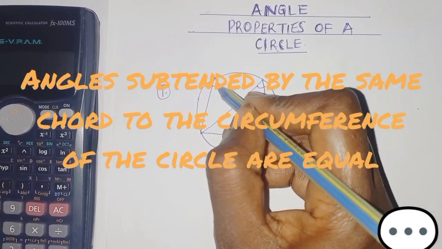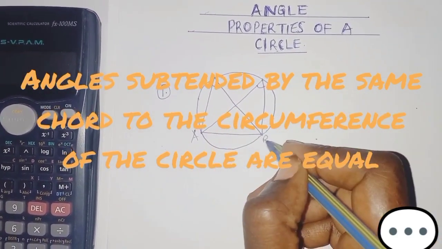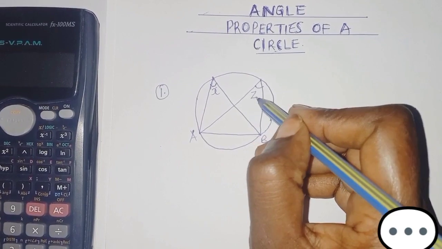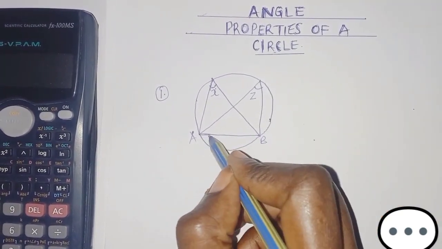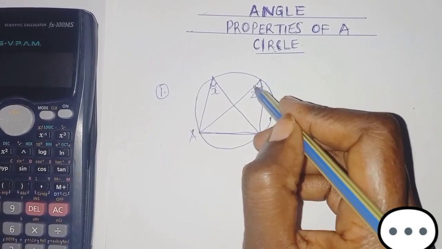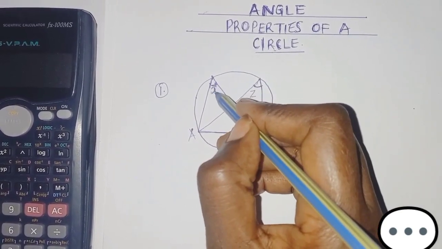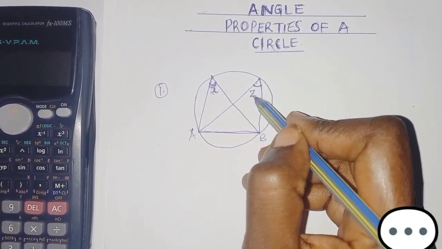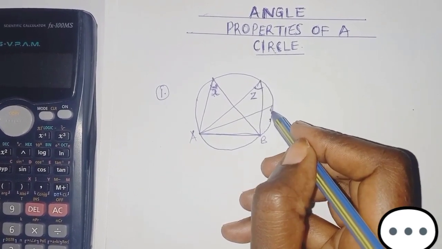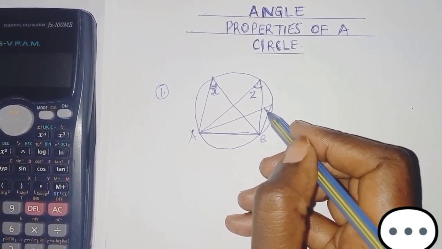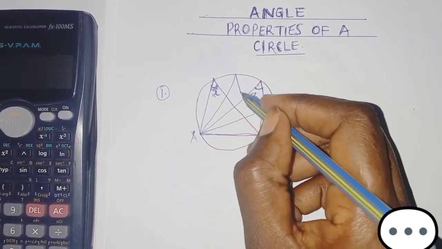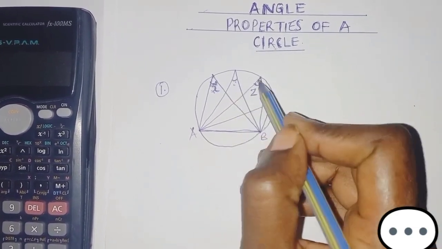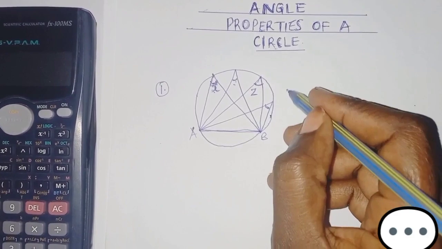Like in this diagram here, you have this chord AB that is subtending this angle, let's call this angle X, and this angle Z. So this chord is subtending this angle to the circumference of the circle. So these angles here will be equal. Suppose this angle is 30 degrees, this one here will also be 30 degrees. And if there is also another angle here, that angle will also be 30 degrees. Even if it is up here, it will also be 30 degrees. This angle, this angle, this angle, this angle are equal